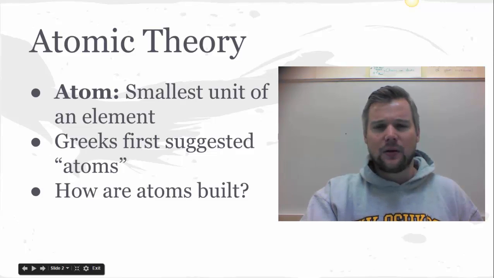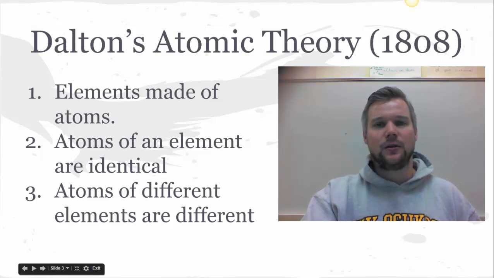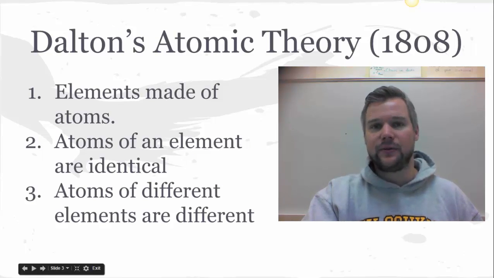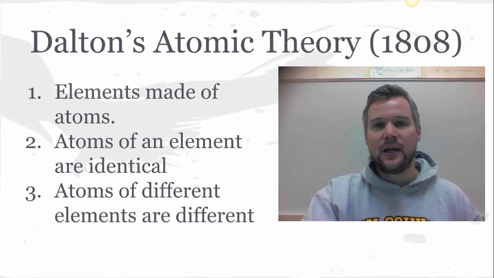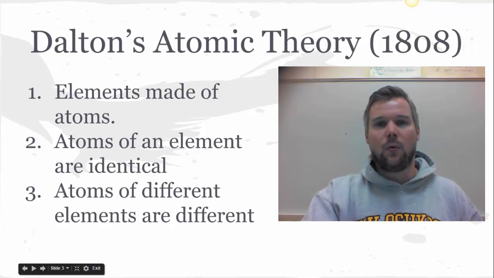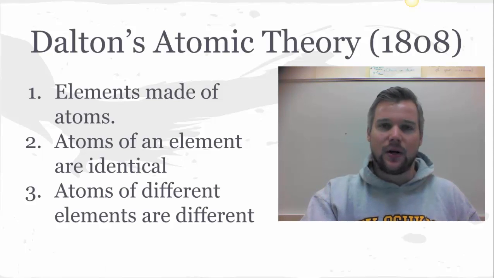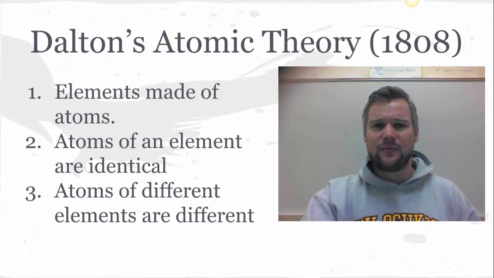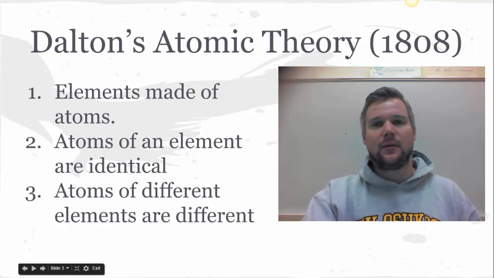So we're going to talk about who was the first guy that we really care about, and that's Dalton's atomic theory, at least for our class, and that happened in 1808. So I have this date here. I don't need you to memorize the date, but it's more of what's the timeline of how these things are happening. So he came up with this theory that was based off of other people's works, and he just kind of put it all together into something that was coherent and made sense based off of his observations.